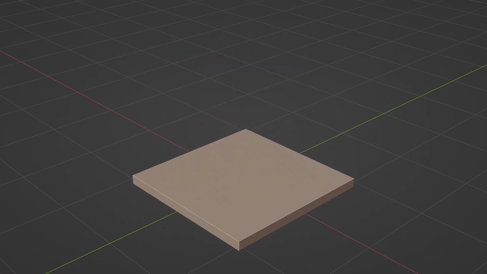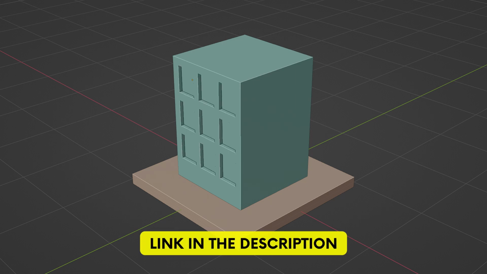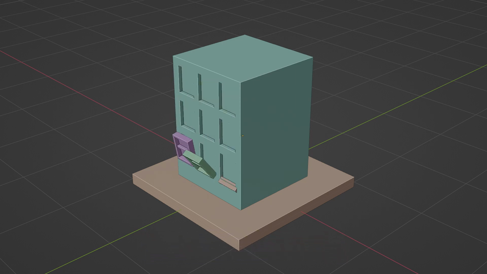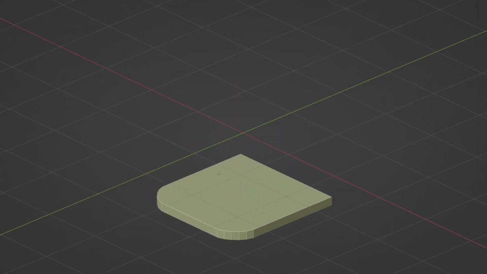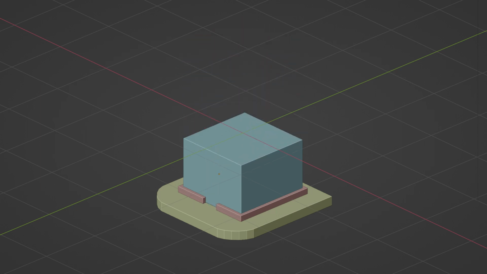Today I'll teach you some simple techniques to animate buildings. You can download this blend file for free, where you'll find different animation options that I will show you today. You can implement the same techniques in any creation you like, which is what I did to make this render, but more about that at the end of the video.